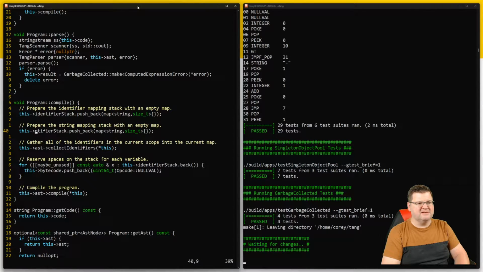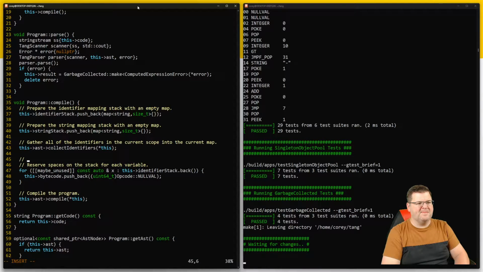And string stack, there we go. And gather all of the strings in the